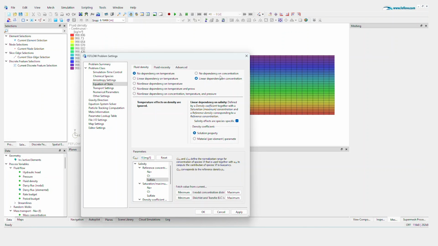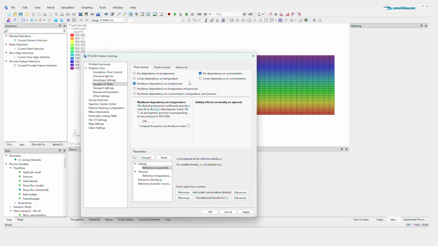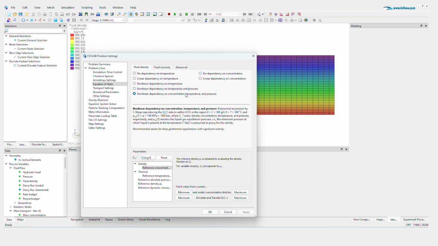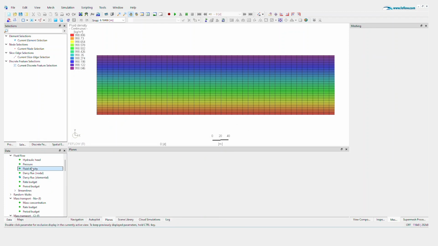Similarly, the linear dependency of fluid density on temperature retains the functionality of the expansion coefficient from earlier versions. This parameter too can now be applied globally or on a per-element basis. The extended equation of state supports nonlinear dependency on temperature, nonlinear dependency on temperature and pressure, and nonlinear dependency on concentration, temperature, and pressure. Fluid density is now a process variable, calculated directly at local finite element nodes for greater